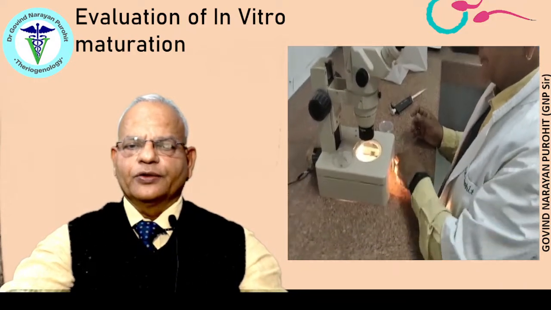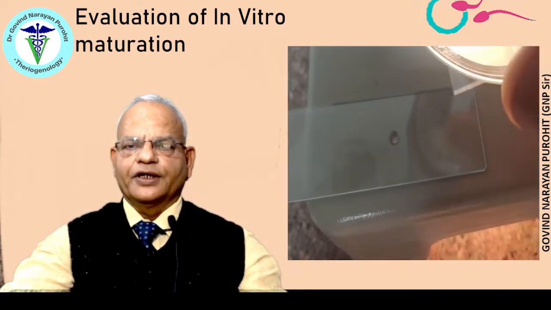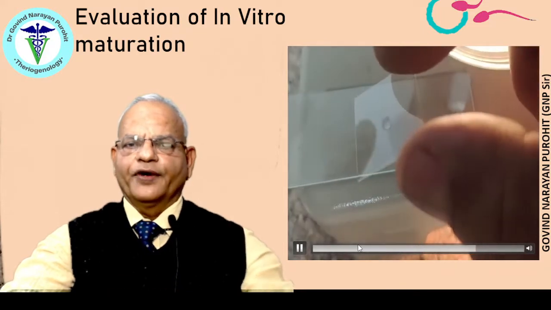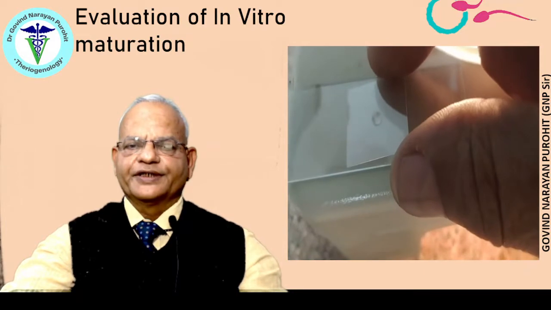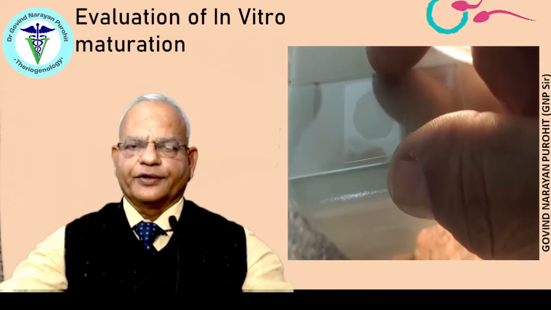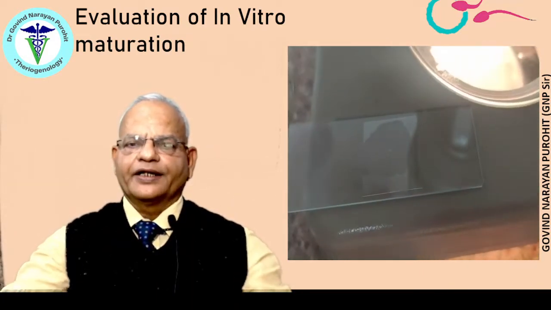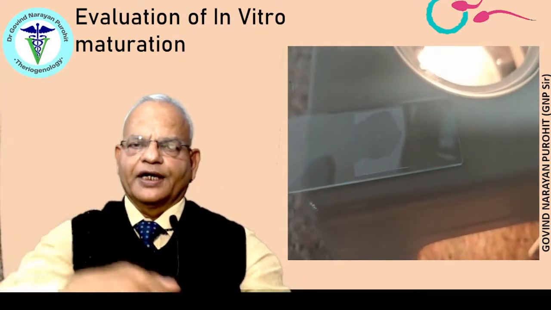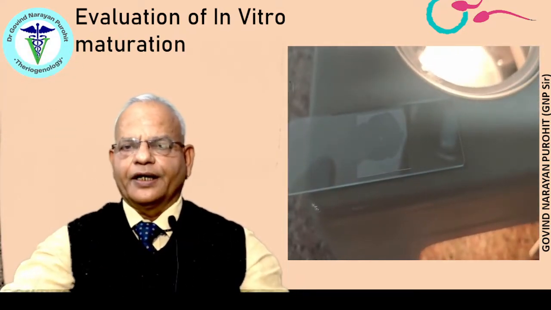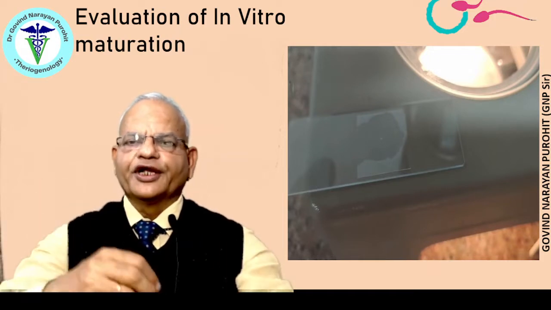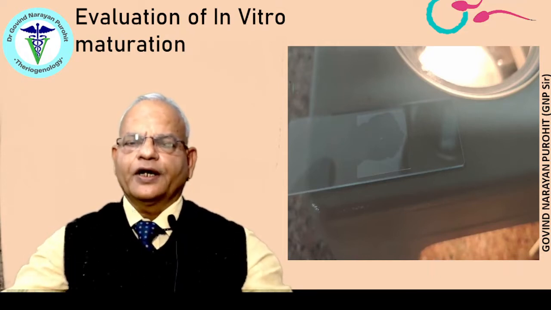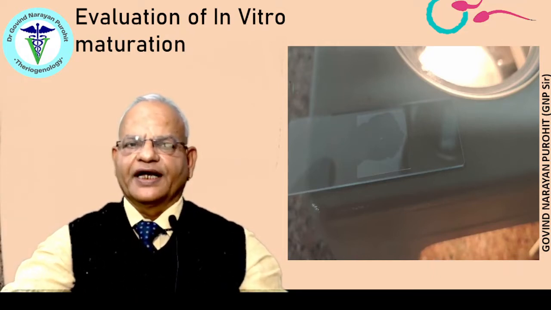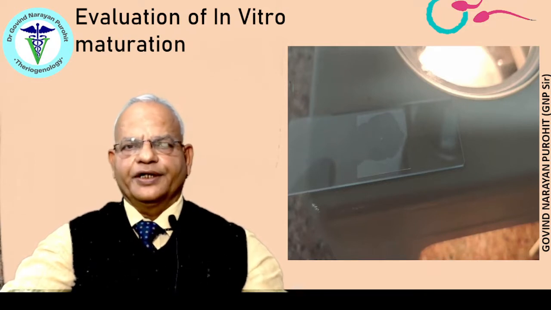So the oocytes are placed in a minimum drop of fluid, and then a cover slip is applied, and then these slides are sealed on all the sides, and then these slides are dipped in acetic methanol and kept for 24 hours so that they become fixed. After fixation, the slides are taken out, and then they are stained with aceto-orcein, or maybe you can even use